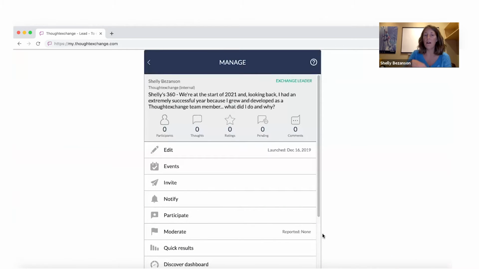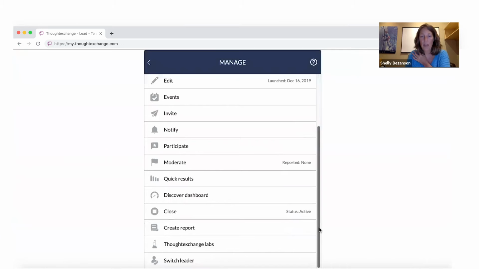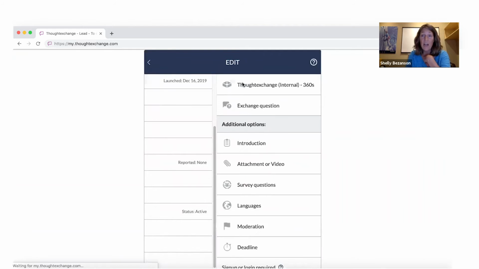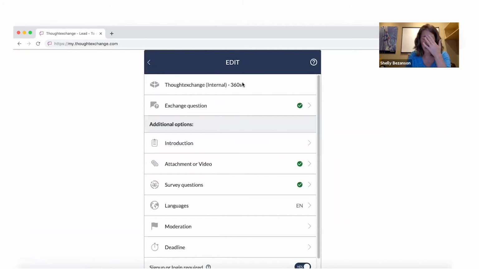Another fix that we've made, that I think a few leaders will find saves time and reduces anxiety, is this: we used to have it so that when you created an exchange, you had to set up your languages before you started the exchange. Now, if you happen to forget and you've launched your exchange and you realize there's a population that you want to tap